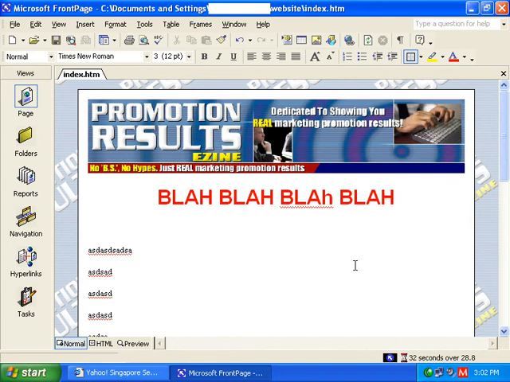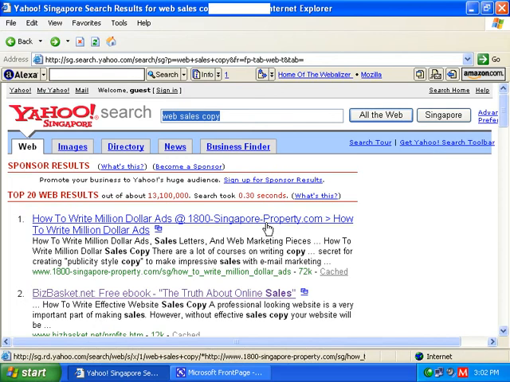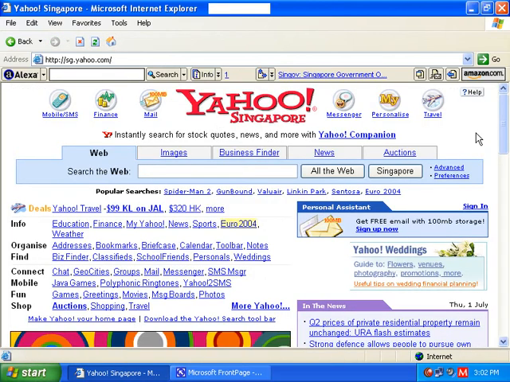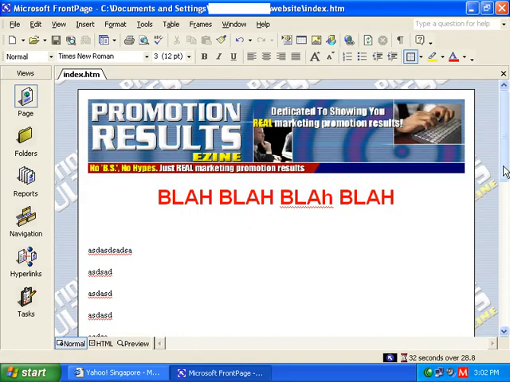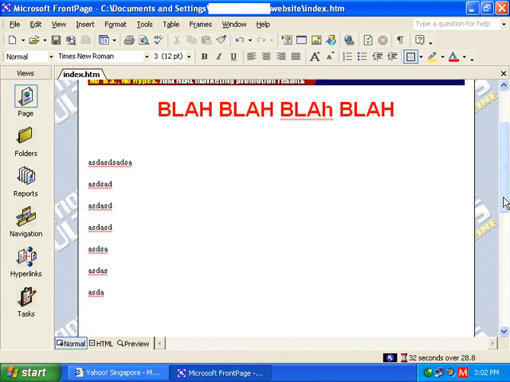It's not like a portal website like Yahoo. Yahoo.com, all these are portal websites where it leads to other web pages, and this kind of web page normally has to be done by a professional web designer. So I won't cover this in this tutorial, since this is about marketing, internet marketing. What I wish to let you know is